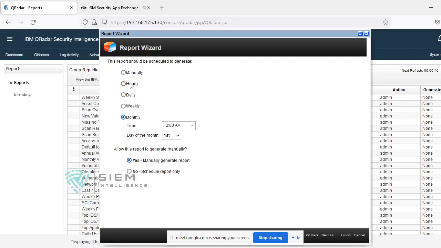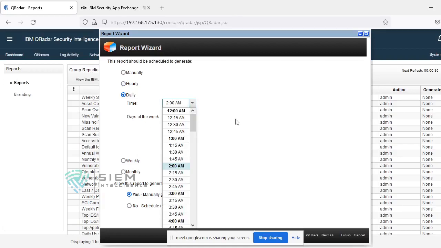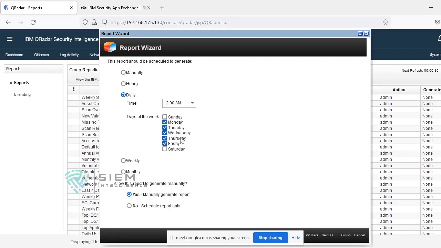Along with this, if you go for hourly, you can go for daily. You can choose on which day you want to give it, at what time, all those things. Something like daily on Monday, Tuesday, Wednesday. If you want to go only for some days, like Wednesday, Thursday, you can also select that. On those days only it will start working.